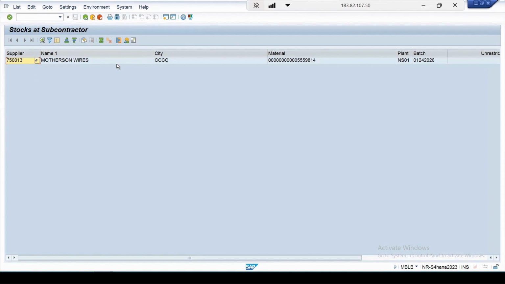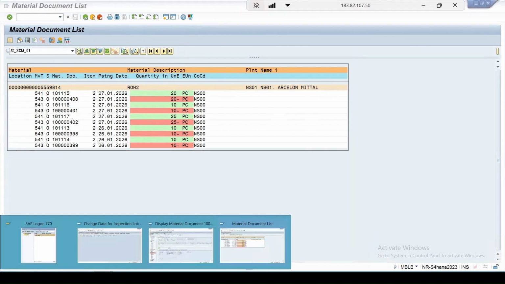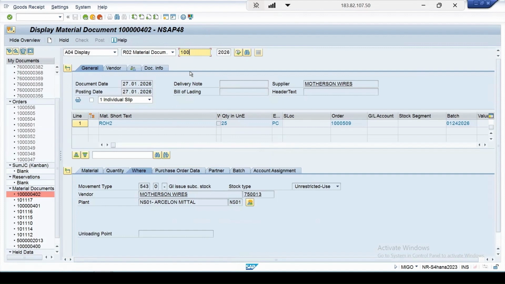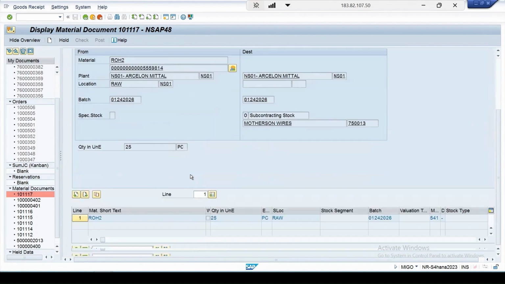I'm getting the entry. If you double click on it, the full details you can check against the movement type. What was the material document? So my quantity was 25. So it is this one against the material document number this. So if you enter the same material document in display mode, and let me enter this one, press enter key. And now if I check